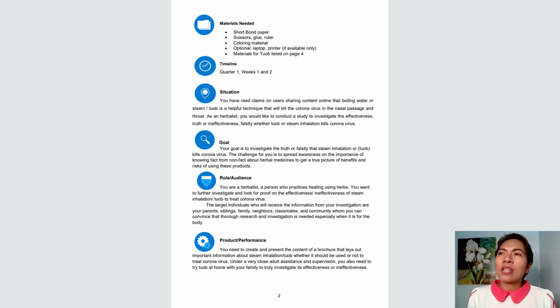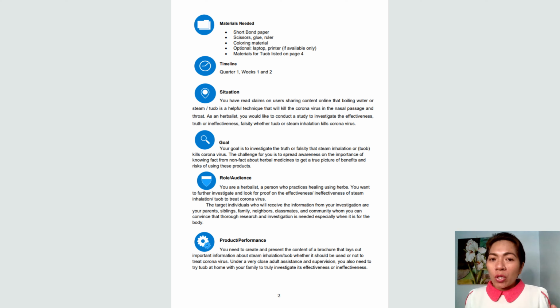Like in English, there are questions. For mathematics, there's a problem to be solved. And then for EPP, they will make a brochure. And then for science, a short experiment and questions to be answered. So I deleted some parts and simplified it so that the learner will be making only one output to submit to the teacher. Okay ba yon? Simplified na siya. So, that's our situation.